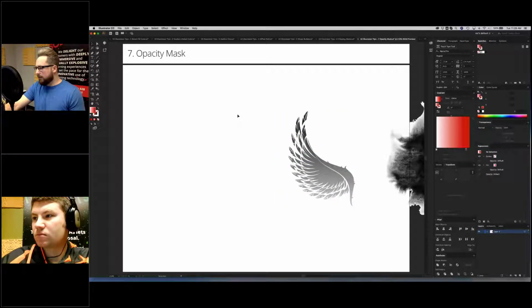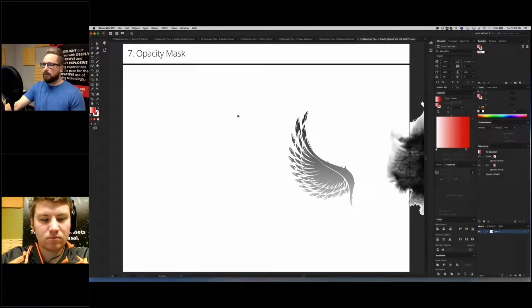It will only show the opacity of the object that's being masked from 0 to 100%. It does not show any color being used. So it will automatically convert the colors of your mask to whatever grayscale value it